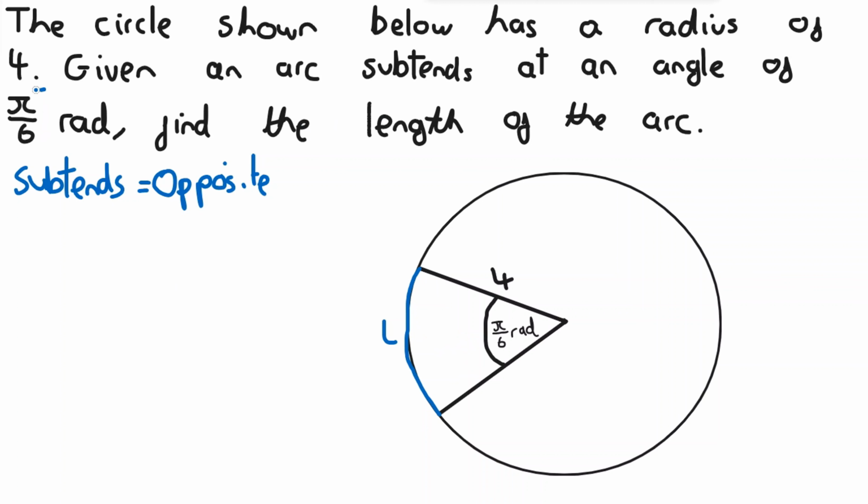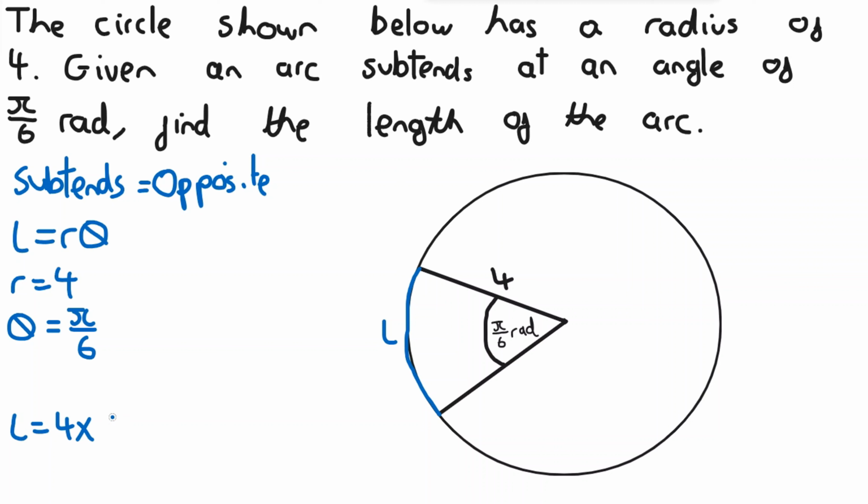And because this is in radians, because of this rad here, we can really easily do this by just doing L is equal to r theta, where r is the radius, which is 4, and theta is pi over 6. So L is equal to the radius, which is 4, times theta, which is pi over 6, which is equal to 2